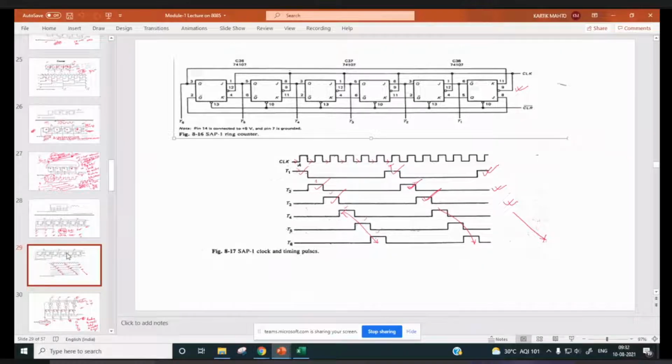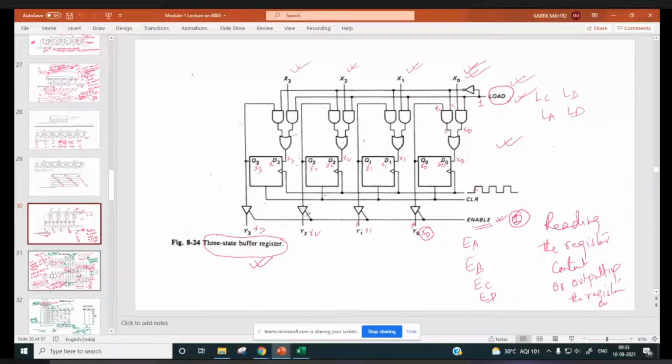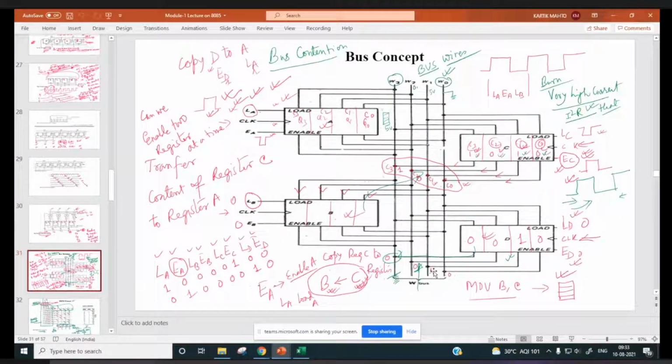Then how to read data from a register or how to load data onto a register by having two different commands, load control signal here and enable control signal here. Now using these two control signals, we can have a bus system like this, and you can transfer data from one register to another register without any bus contention.